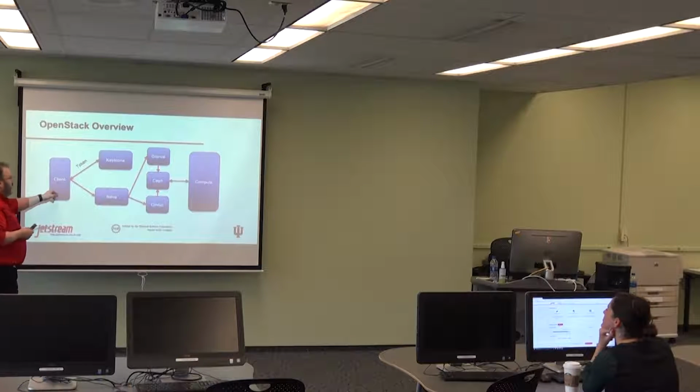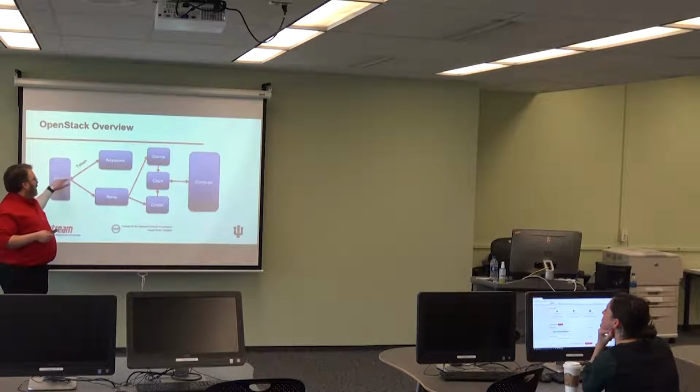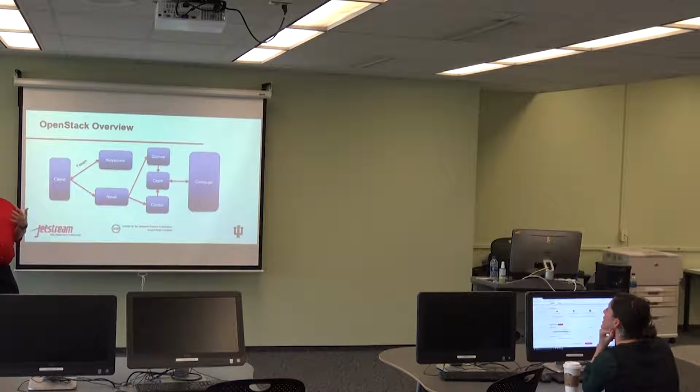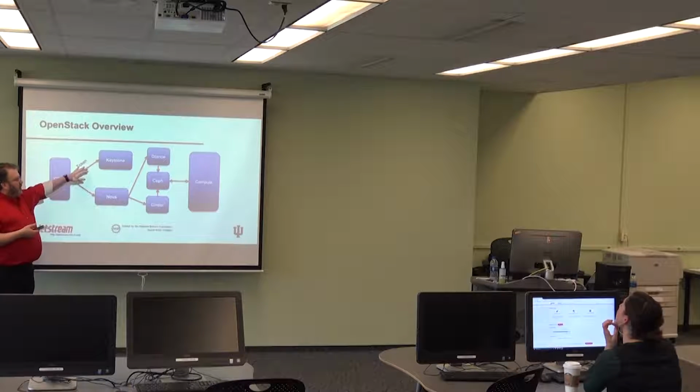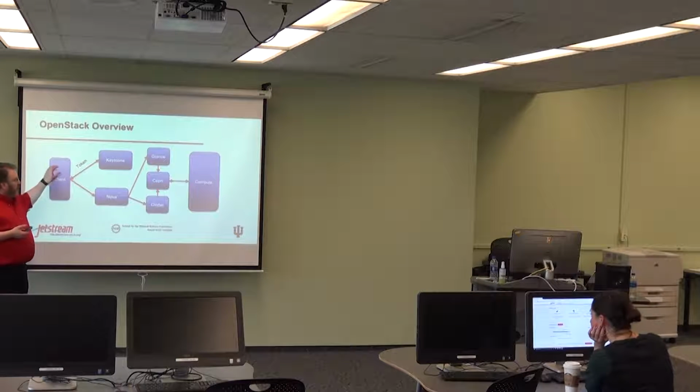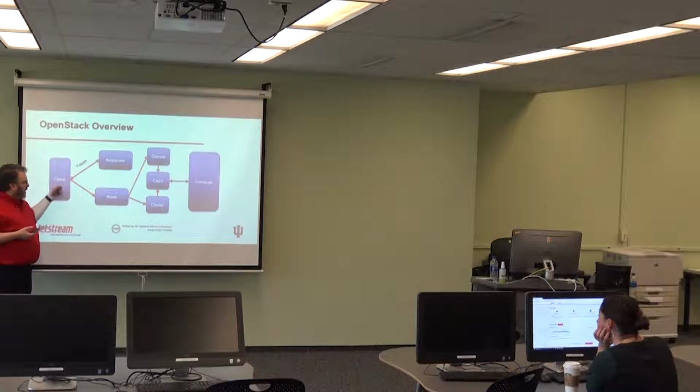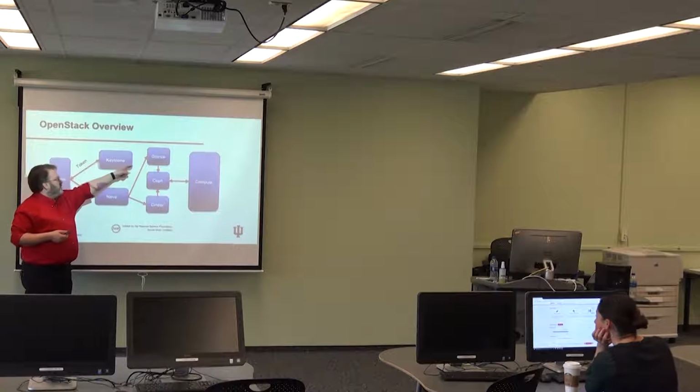So your client comes in, and you're going to be coming in through Atmosphere. You're going to log in, and that login is going to talk to Keystone, which is the OpenStack authentication service. It's going to pass you back a token saying you're allowed in and this is what you can do. Your client then, when you want to go launch something, will talk to Nova. And Nova will come along with its scheduler, and basically it'll say, I need the image, so I get it